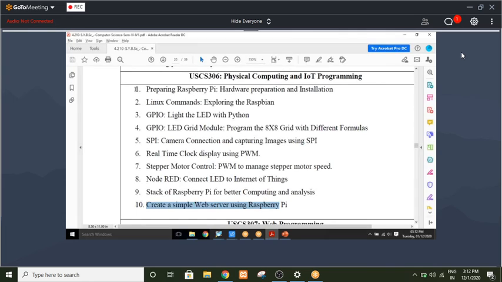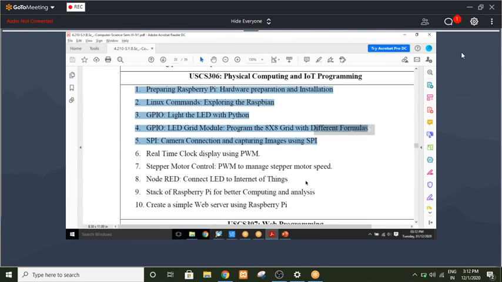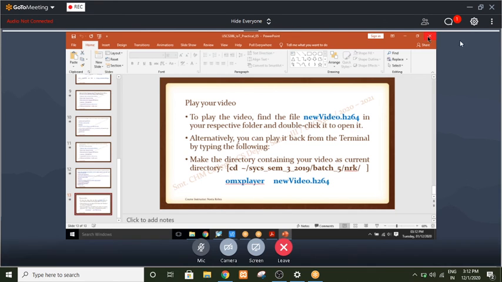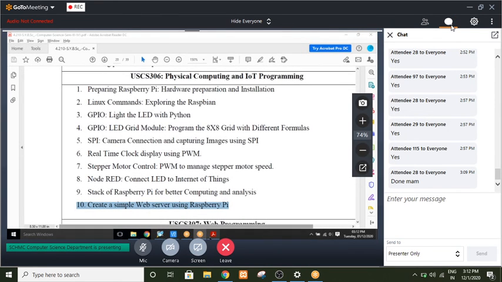So as of now, you people have taken the screenshots of the first five practicals, and all those five practicals were shown to you in execution. For the eighth practical and 10th practical, I'll show you the execution, then accordingly I'll show you the PPTs. So let's go back to your